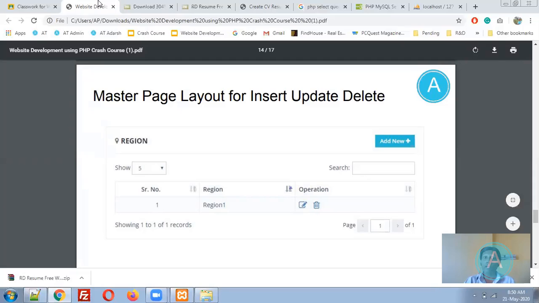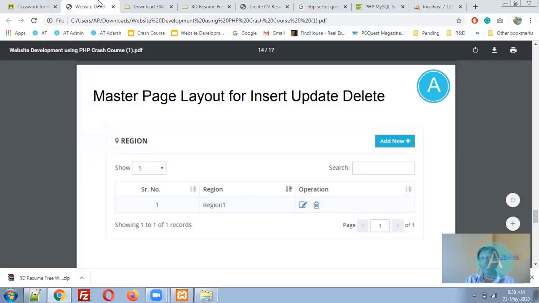Again, in insert page, two pages will be there. One page is for the HTML data fill up, that is a form. The second page will be actually inserting data into the database. Similarly, in edit page, first we need to fetch the data. Then in the second page, we can update it. And delete, we need to find that particular record, get confirmation for the same, and finally delete that particular record.